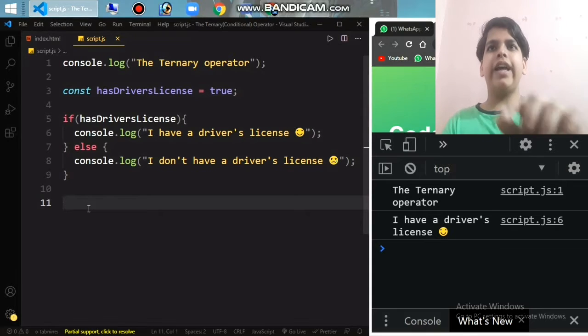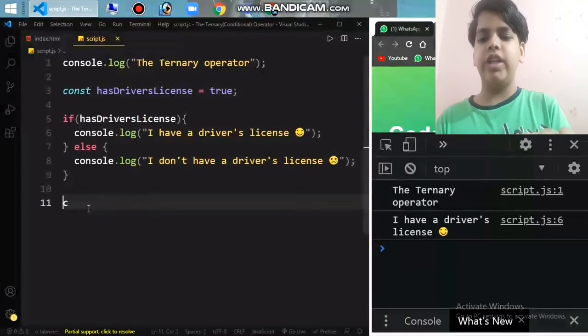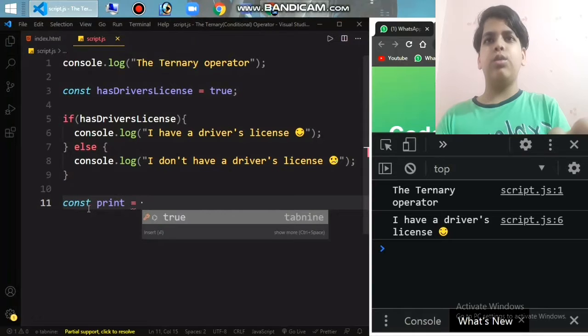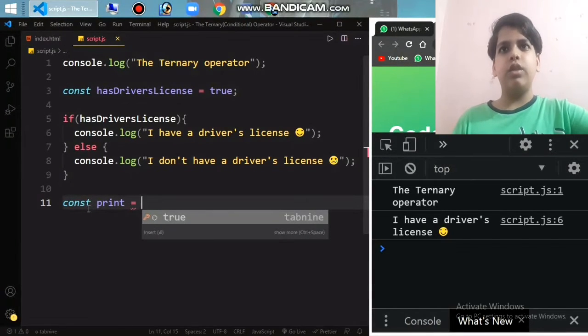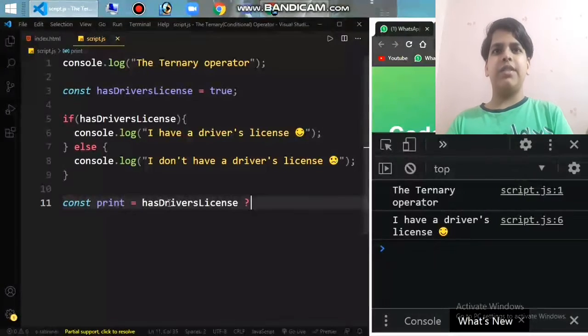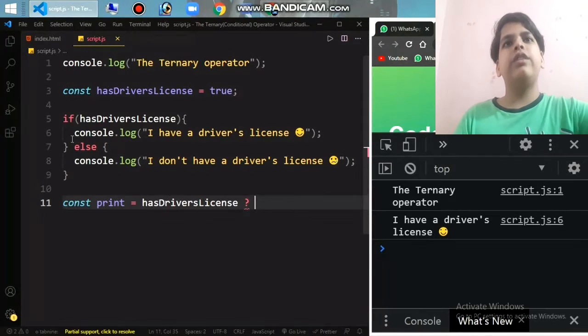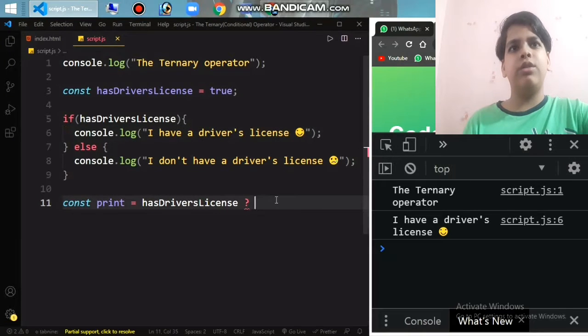Suppose I can write this in another way. I'll make a variable, const print equals. Now the syntax of the ternary operator is something like this. You put the expression here, the question here, hasDriversLicense, and then a question mark. This is important in the syntax. And then the if condition. In the if condition, what do you want to write? I want to write this: if I have a driver's license, print this to your console.